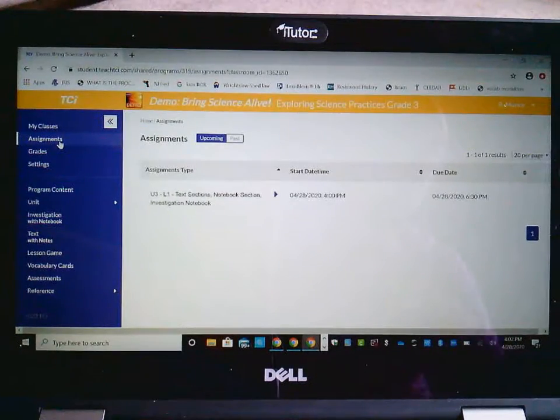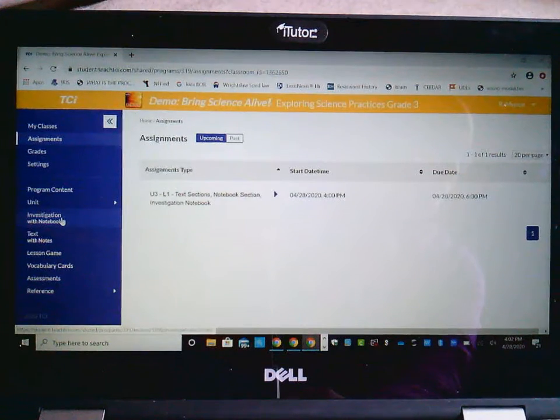And here it is. It is Unit 3, Lesson 1, and you have the text sections, the notebook sections, and the investigative notebook. So you can click this arrow if you choose. You can also operate everything from over here on the left-hand side. That's your main screen. So if you start with the investigative notebook,